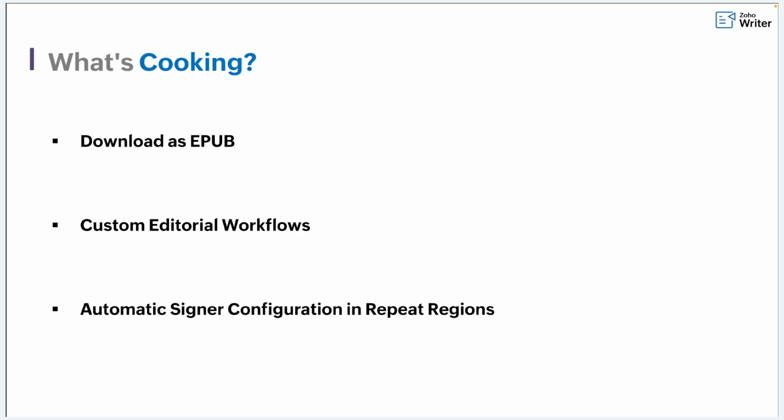And finally, automatic signer configuration inside repeat regions. This is particularly useful for publishers handling multiple agreements simultaneously. For example, imagine a publisher that manages both textbook and digital content rights for several educational trusts. Every quarter, they need to send out royalty and content license agreements that require signatures from multiple board trustees. With this enhancement, Writer will automatically assign and configure signers for each repeating section, saving a tremendous amount of setup